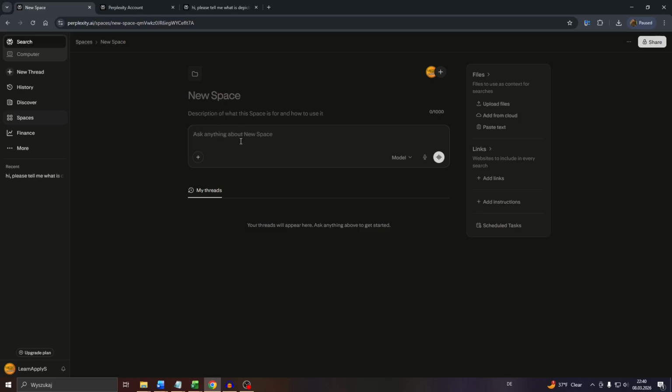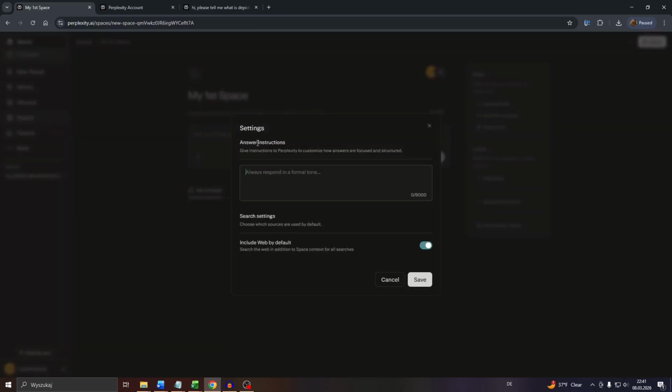For example, you may upload files also or paste a text from a different conversation to include it here into this conversation, save it. You may also give it a title here at the top, like my first space or something like that. You may add also instructions here to the right, click into it, and for example, provide the